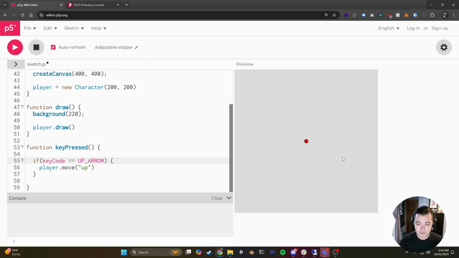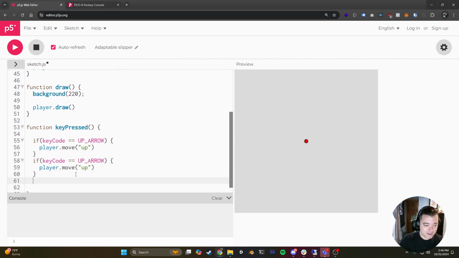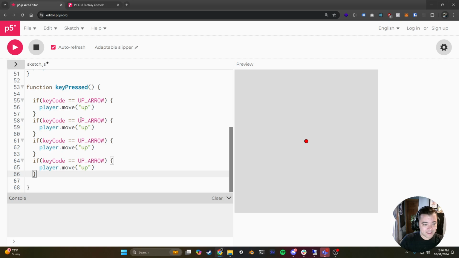If I go to our game here and I press the up arrow, boom, our character's moving. Nice. Now it's not going to move down, left, or right, right? It's just going to move up. So all we have to do is include the rest of these conditional statements. We can actually do else ifs here if we wanted to, but I'm just going to do a collection of ifs. So I'm going to copy this 4 times, and we're going to say if it's the down arrow, then move down. If it's the left arrow, then move left. And if it's the right arrow,